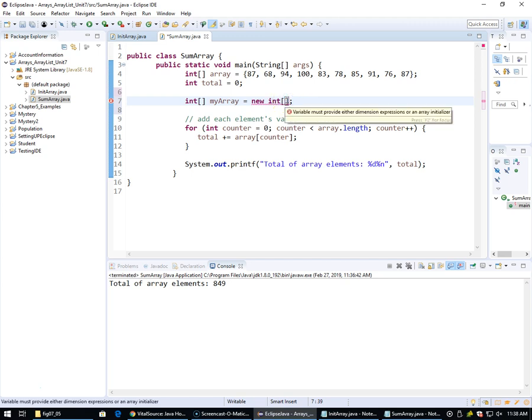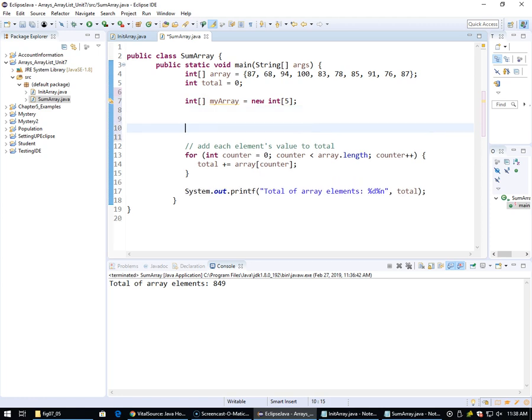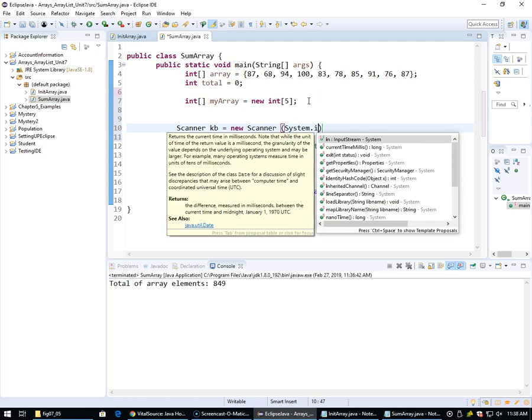So I say 5, okay, and then what if I do something like this? Scanner keyboard equals new Scanner(System.in),